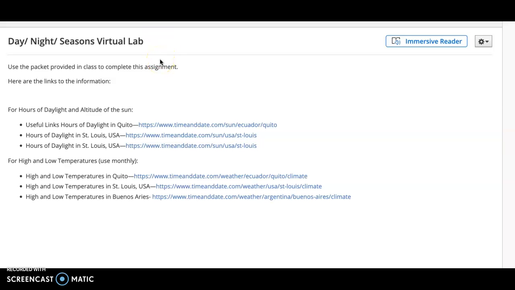So on the first data table, on the second page, it's asking you to find the day length and then the average high and average low. So you'll need to use two websites to do that. These first group of websites right here is for the hours of daylight. And so for Quito, Ecuador, I would click right here